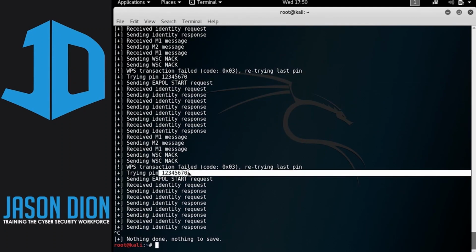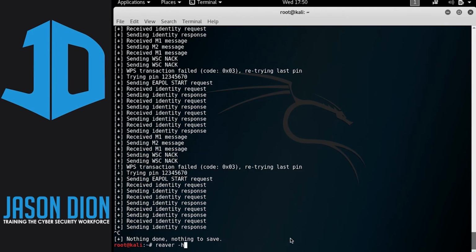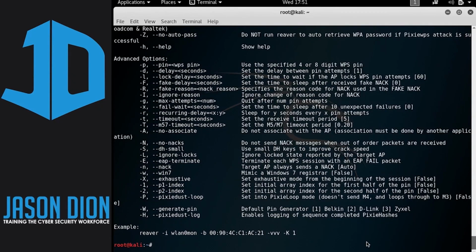This is a function of the way that this router that we're attacking is responding to these NACKs. So what we're going to do is go back here to the help, so we're ready to type in our command. What we're going to use is